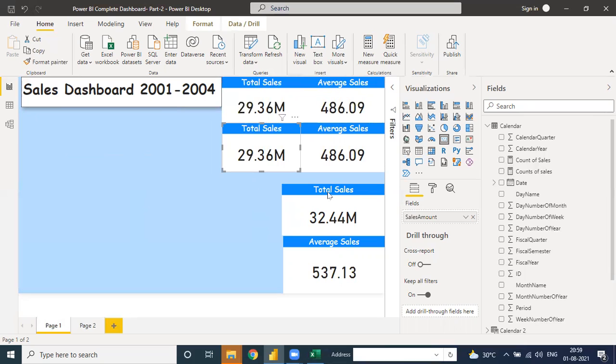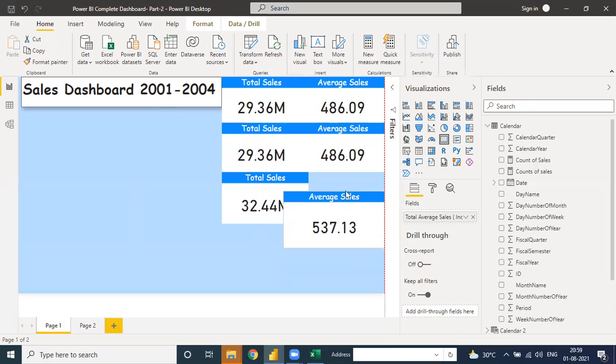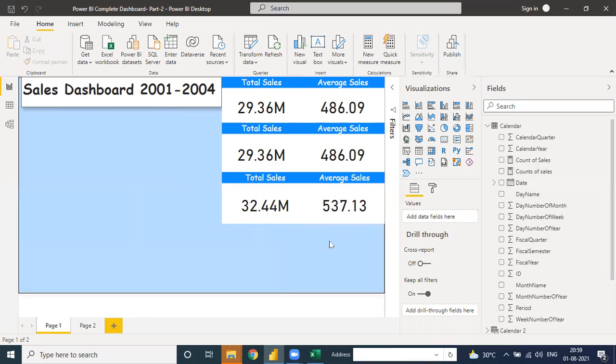Okay, now this one is for total sales and this one is for average sales. Done. Now we have done some of the Gantt chart.